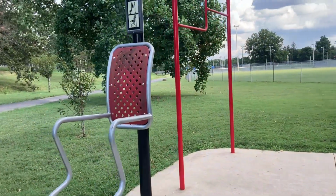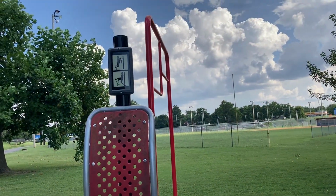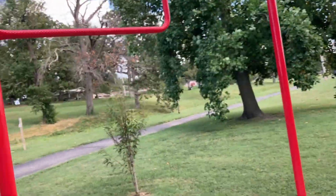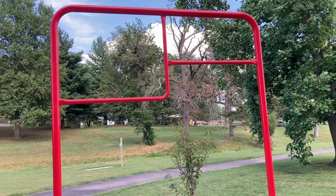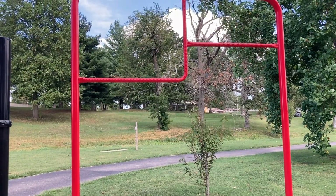And there's, for the abdominal leg lifts or whatever they're called, or dips, you can do dips. So it's a dip station and leg lift station. And then if you just want to hang or do some pull-ups, I've tried hanging from this. I can't do pull-ups. I tried to back in 2022 and I hurt myself. I hurt my shoulder. Did something to it where there's still stuff going on, but hanging's supposed to